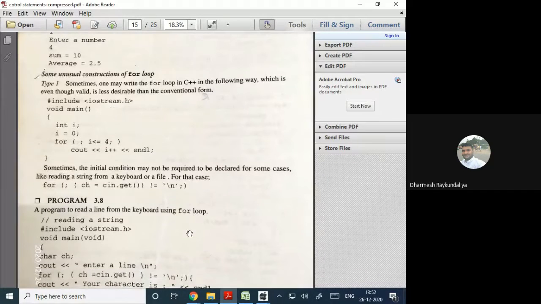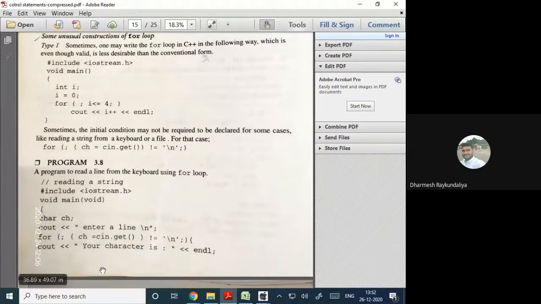Okay, so this command is mainly useful to enter keywords or any alphabet characters using the keyboard.